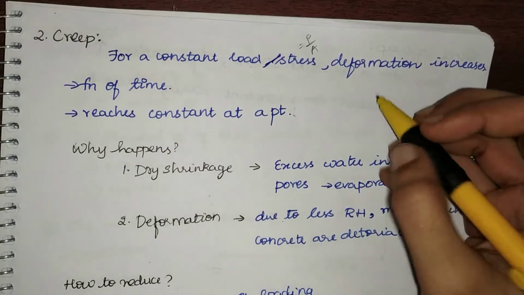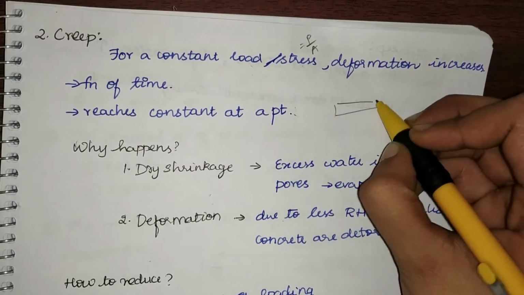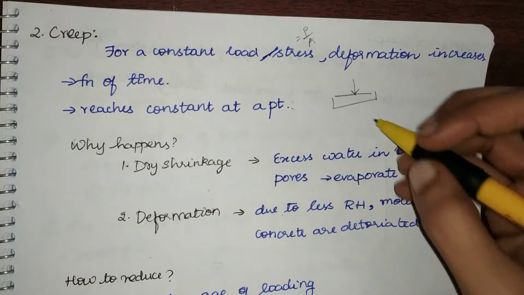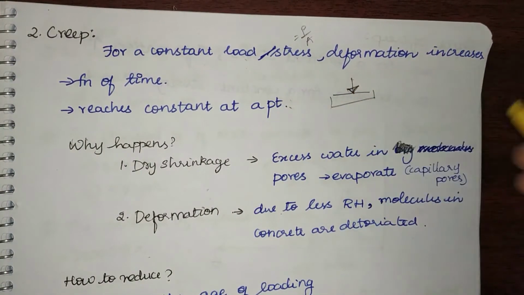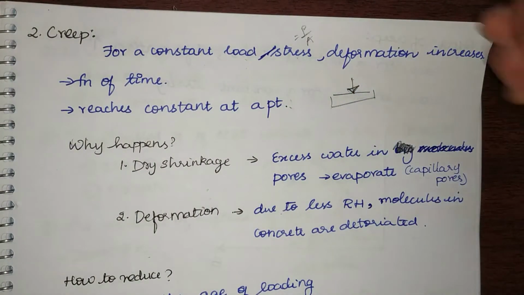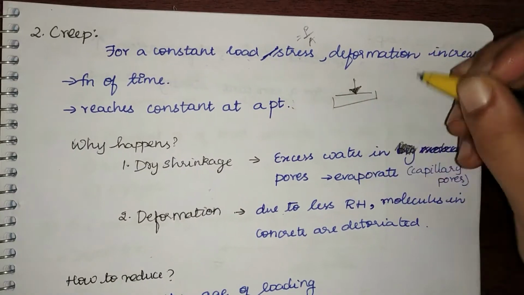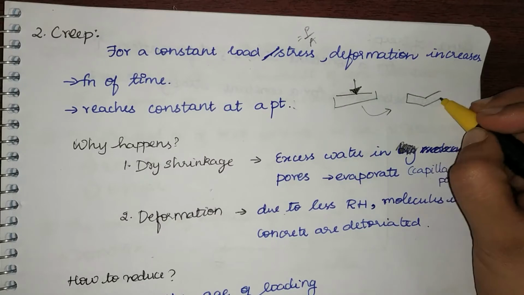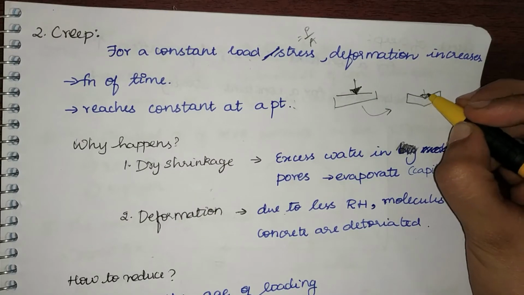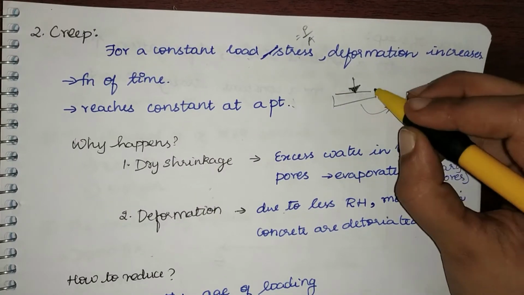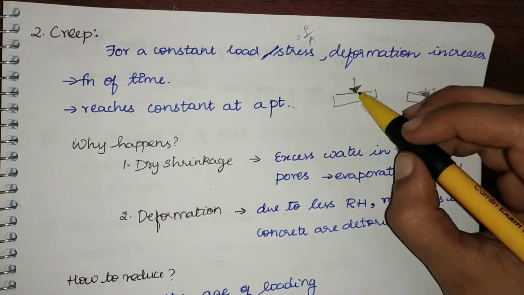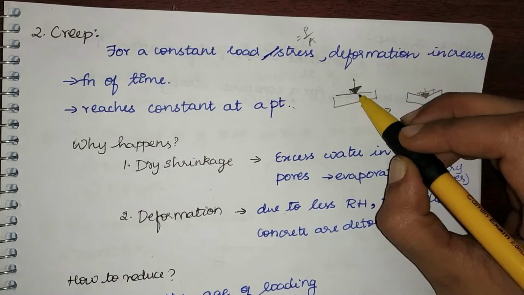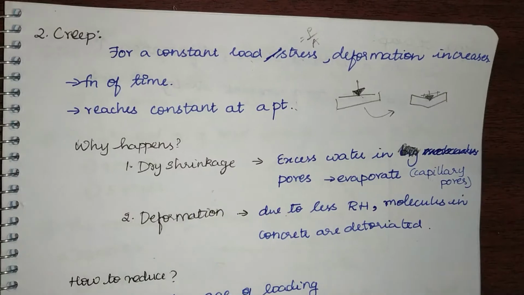By definition I mean that say I have a slab and there is a concentrated loading here, and this load has been there on the structure from the starting of the usage of the structure. So after a period of time this slab will deform something like this. If creep occurs, it may deform. This deformation due to the sustained load is called creep. So we'll see why this happens.